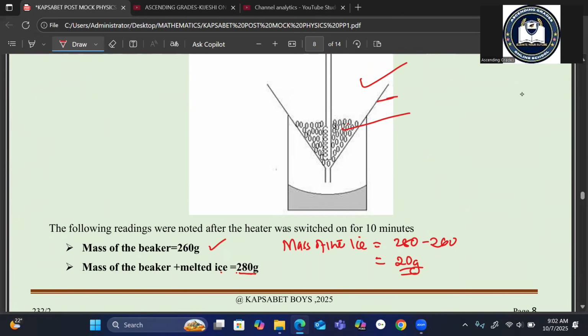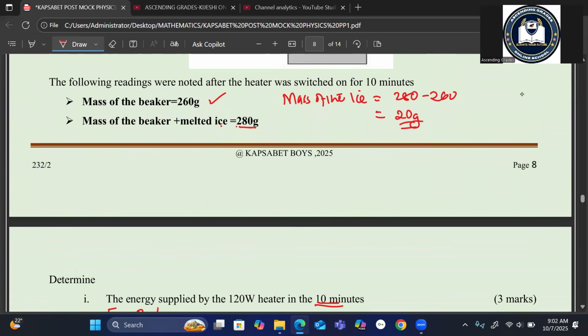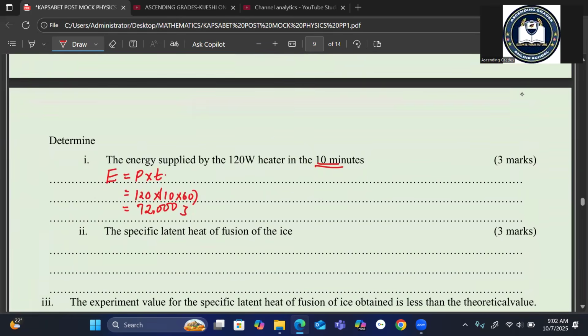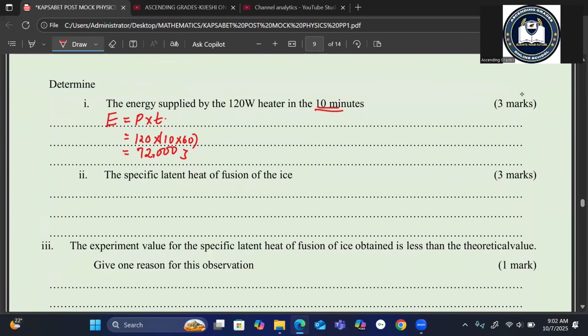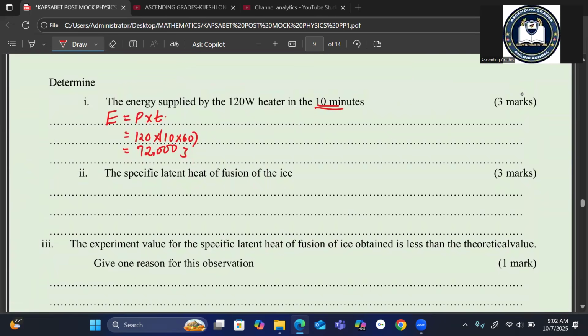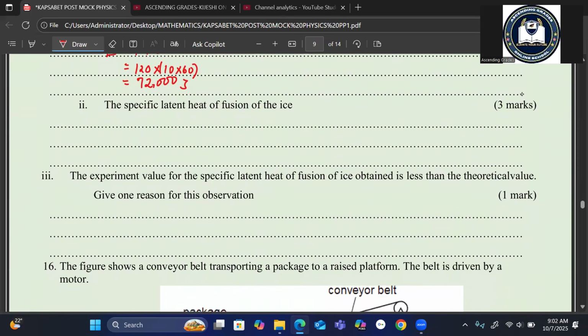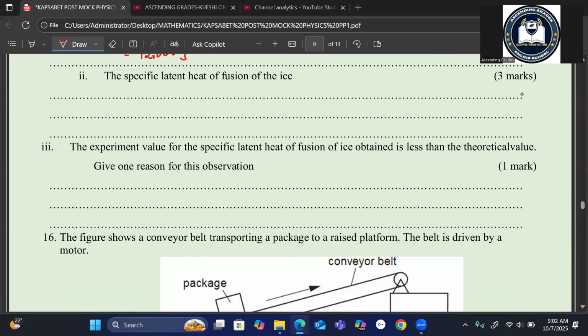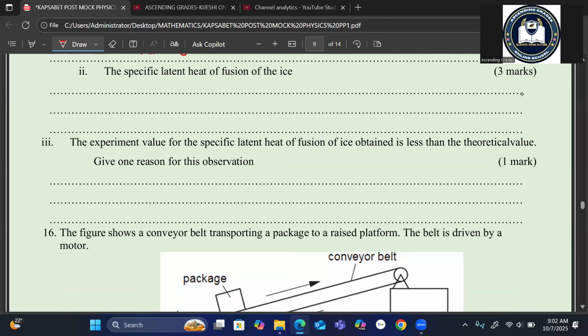So the melted ice will not be receiving any further heat energy. Therefore, we'll concentrate only on the energy dissipated by the electrical equipment and the energy that will be absorbed only by the ice until it melts. Therefore, we can say that the heat supplied will be the same as heat